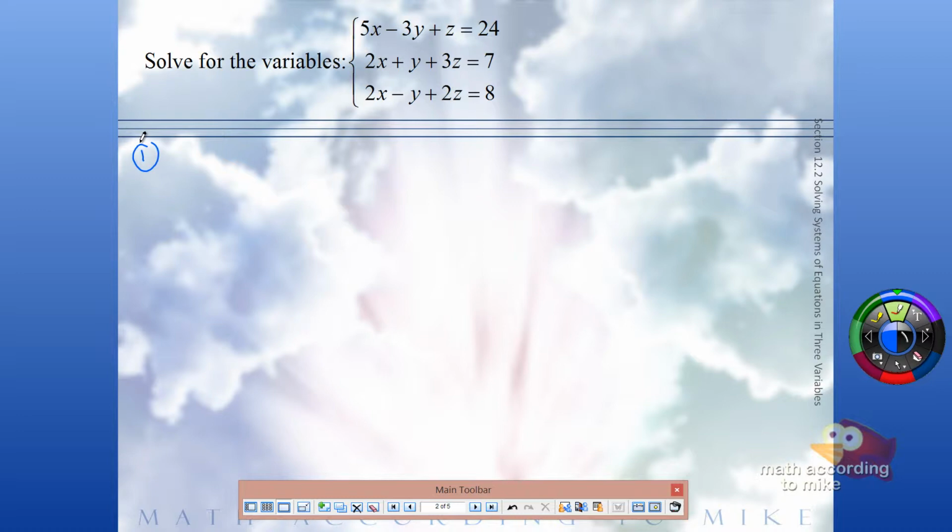I'm going to choose to eliminate y, and the way I'm going to do that is I'm going to take the last 2 equations,